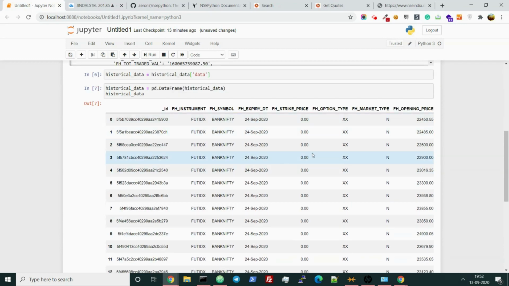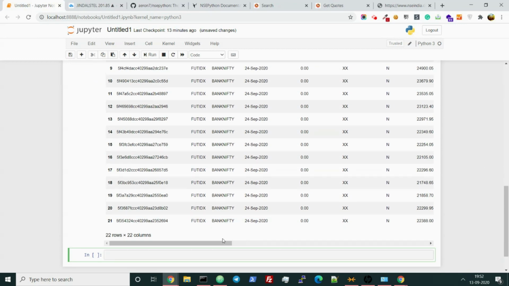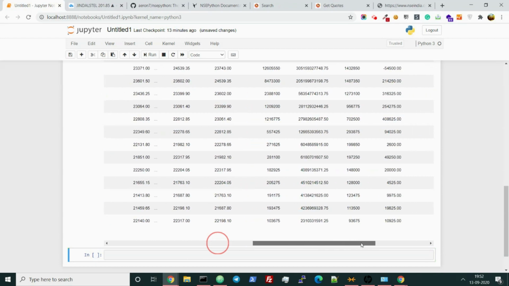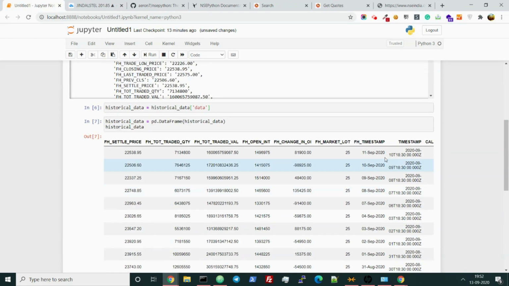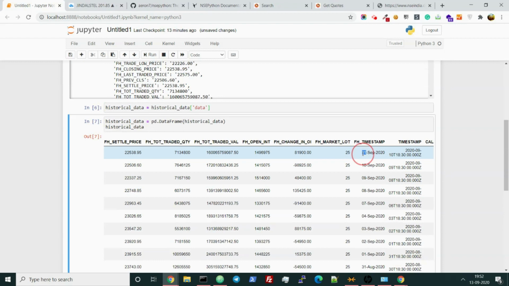It is showing all the expiries, and how it is showing, let me check what the date is. The last date is the first column of this pandas row, correct? Now what we need to do here is get the data of this column.